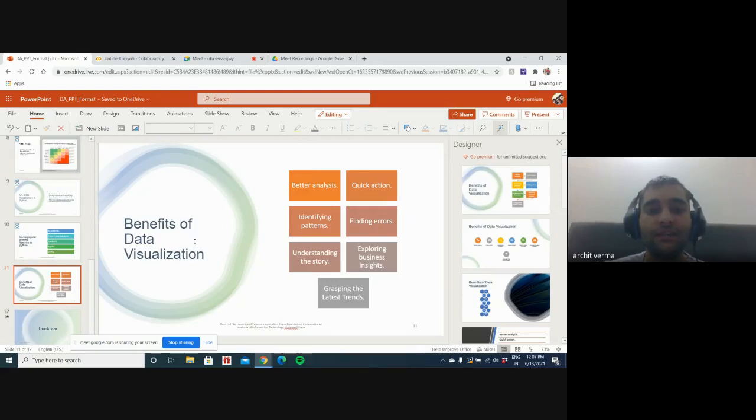And we can understand the story. Storytelling is the purpose of your dashboard. So by designing your visuals in a meaningful way, you help the target audience grasp the story in a single glance. And we can convey the story in the simplest way using this, without excessive complicated visuals.